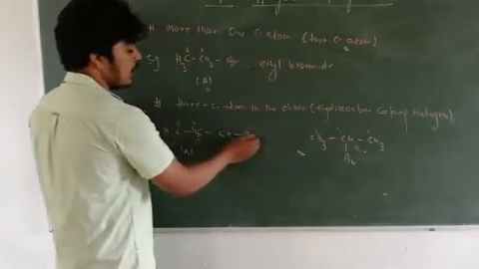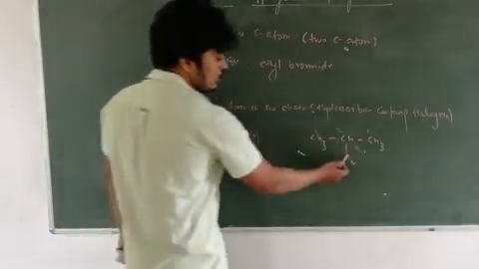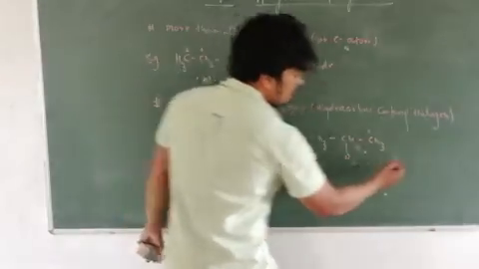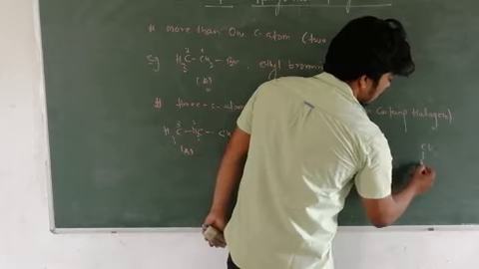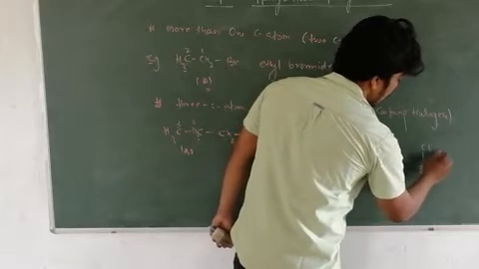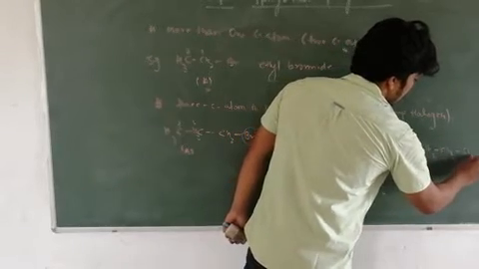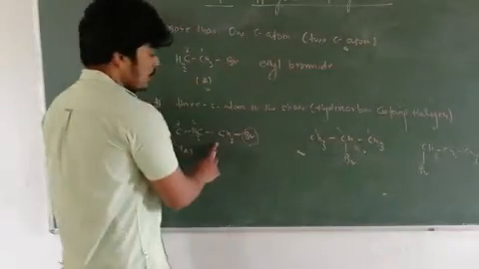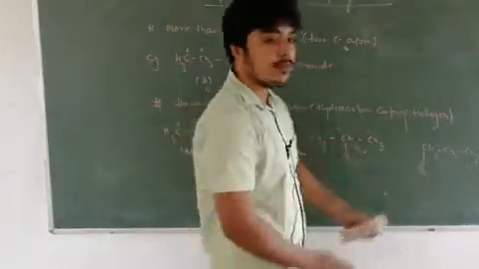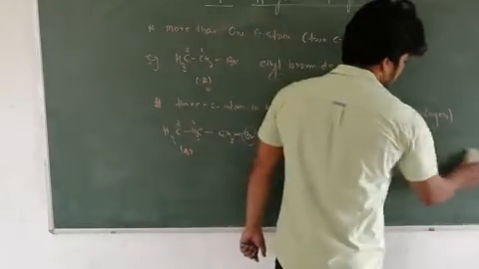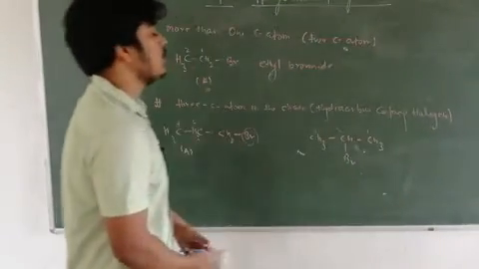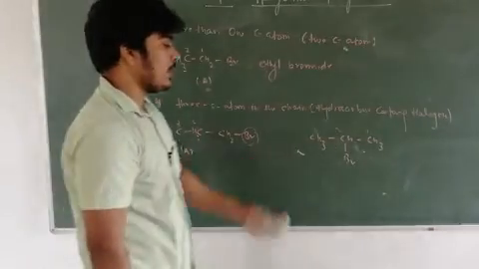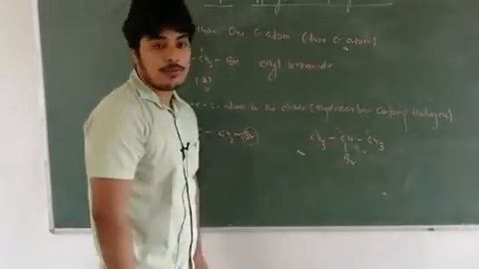First you placed the halide on the first carbon, then on the second carbon, and the third possibility is to place the halide on the third carbon. But this compound and the first compound are the same, so I do not consider it. Having these two diagrams, I am going to give the common names.